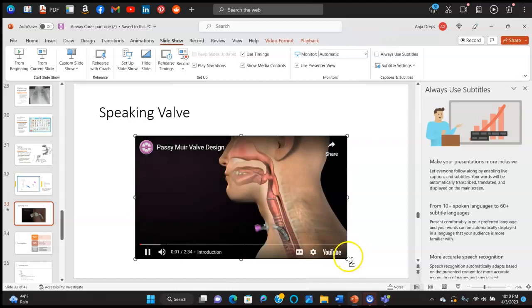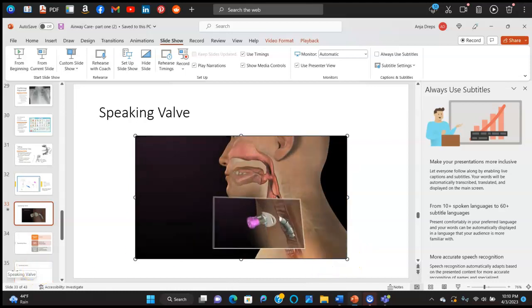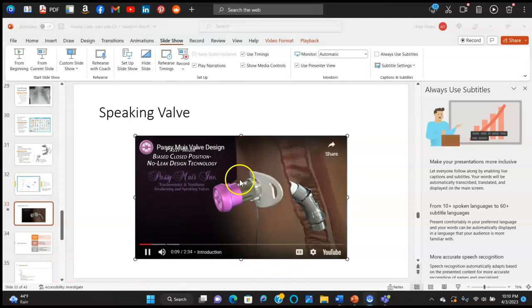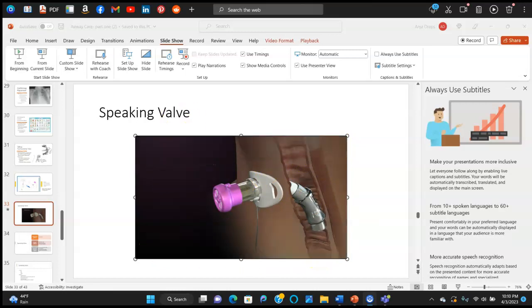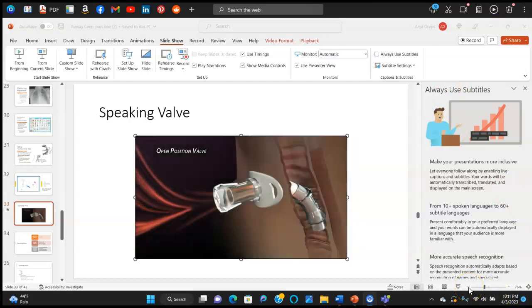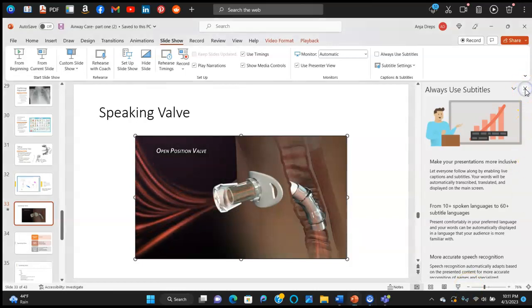The passimure tracheostomy and ventilator swallowing and speaking valves incorporate a unique patented design feature that translates into significant benefits which are exclusive to the biased closed position no-leak design. To understand the principle behind the passimure patented feature, it is important to first understand how an open position valve operates. An open position valve uses a membrane or diaphragm to perform the valve opening and closing functions. The membrane flexes during inhalation, which allows air to pass around it and through the tracheostomy tube. When the inhalation cycle reaches